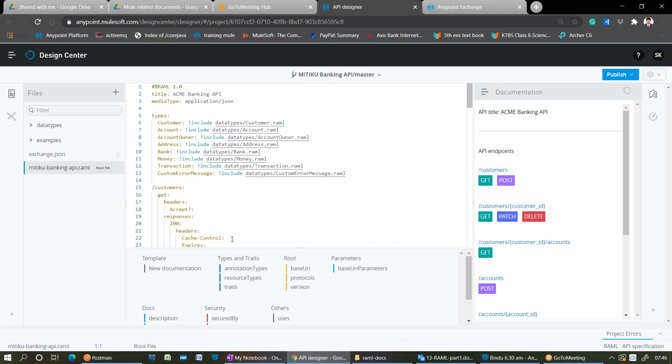that API. So before publishing, first of all, I want to get feedback from a client. Feedback means what? We need to share that API to the public portal. From where can you share it to the public portal? First, you need to publish onto the Exchange, right? Before publishing onto the Exchange, see, if clients want to send a request, your API should be in a position to receive that request. It will receive the request only when your API is deployed on some server. Yes or no? Right? Yes.